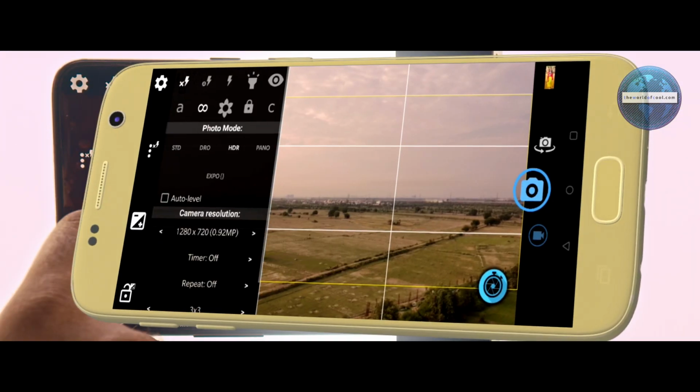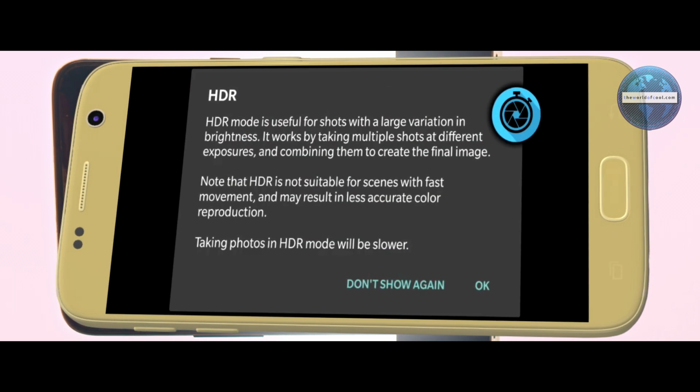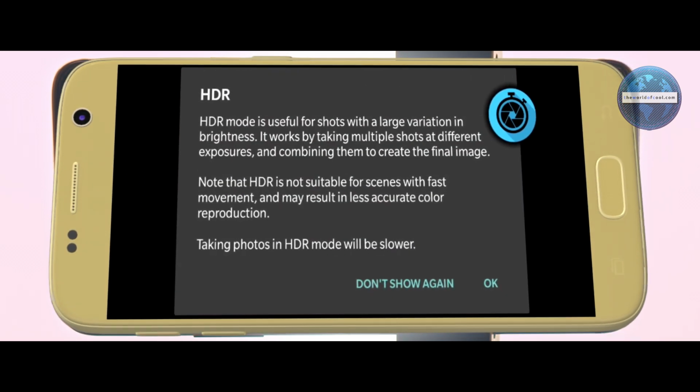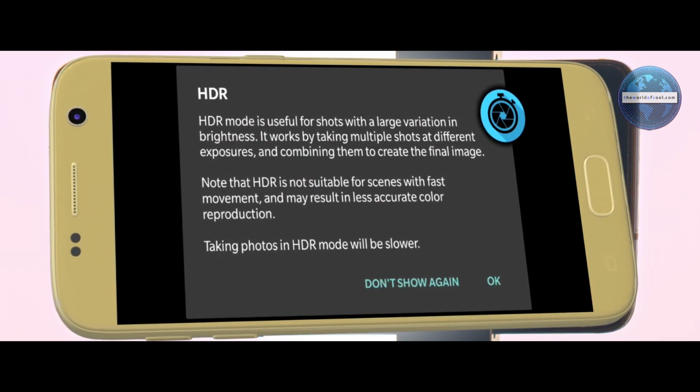Press the menu button again, and in the photo mode select HDR. A warning will pop up which will ask you to not use HDR for moving objects, because this is not the fancy smart HDR thing. This is shoot 3 different exposures and merge them smartly into one. So if you wish to take an HDR image of, let's say, the rising corona cases, this is probably not the app or method for it. That action is too fast for this.